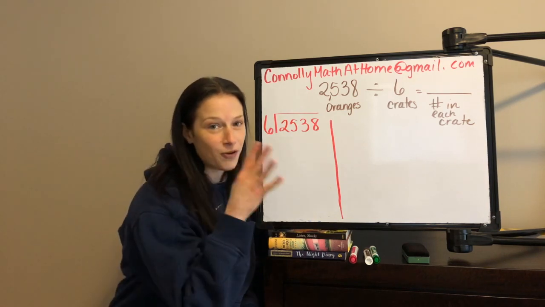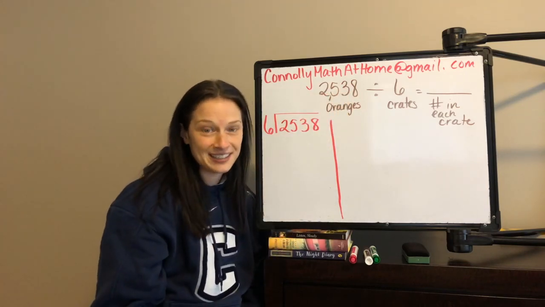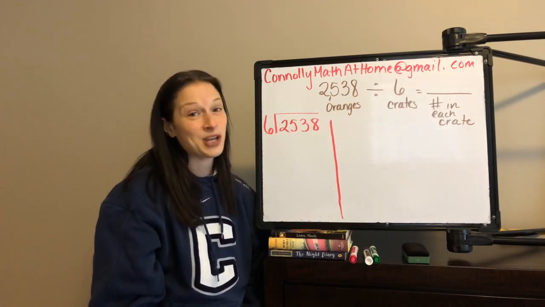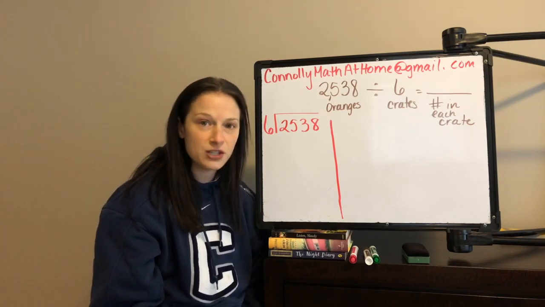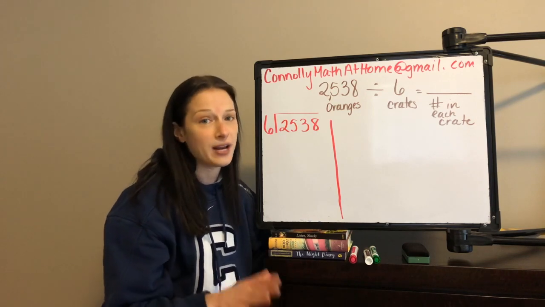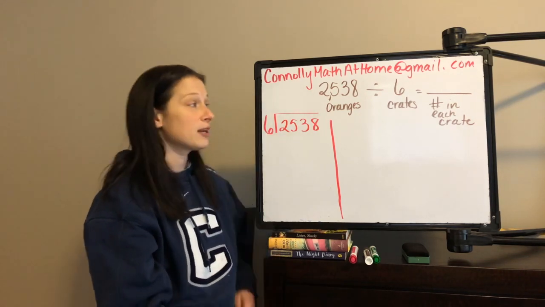We're going to be thinking about 4 digits, 1, 2, 3, 4, divided by 1 digit. I love it. So what we're going to do is give our division situation a story problem context. We always want to have a story problem so we can make sense of all these numbers. So what we're going to think about is